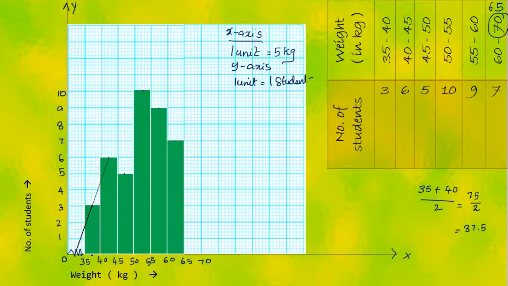Again, we are going to consider these 2 points. We have drawn the line segment. Tell me, what are the next 2 points? Yes, these 2 points we will consider next. Again, draw another line segment. Then the next 2 points are here. Let's join this, and the last 2 points. But we have to finish the frequency polygon on the x-axis itself.